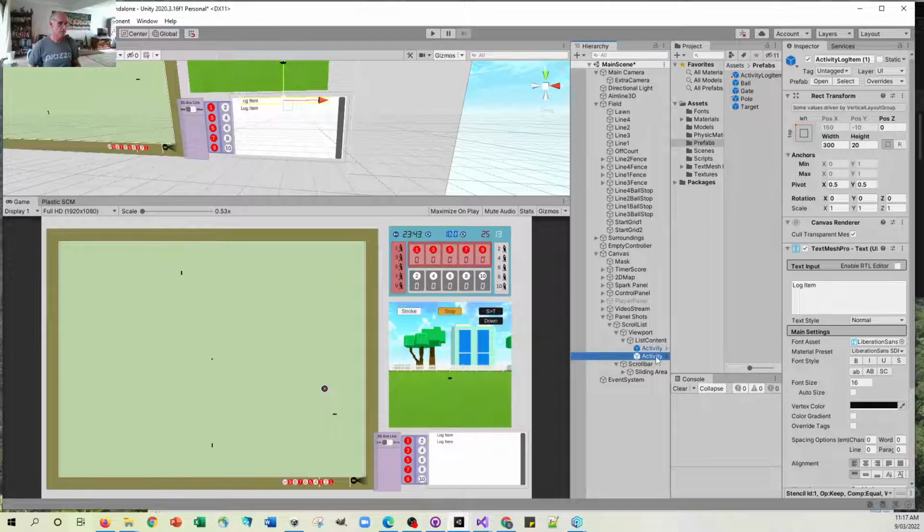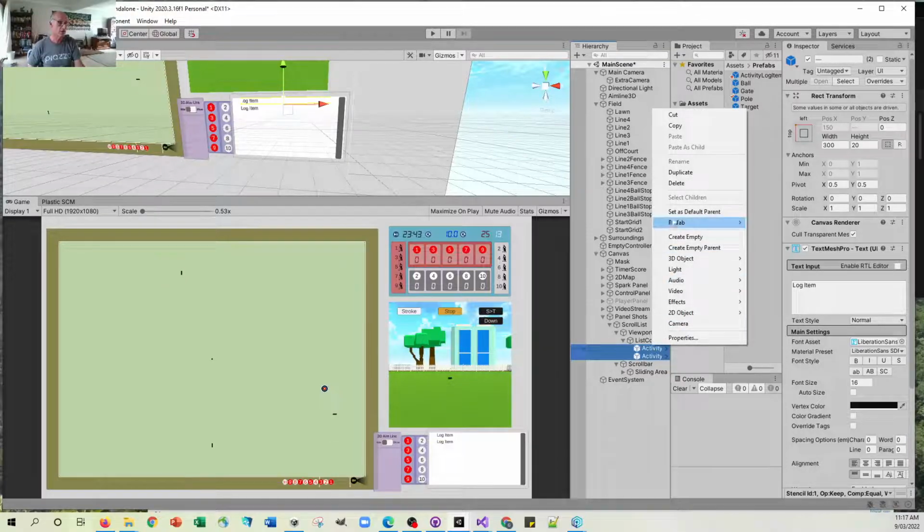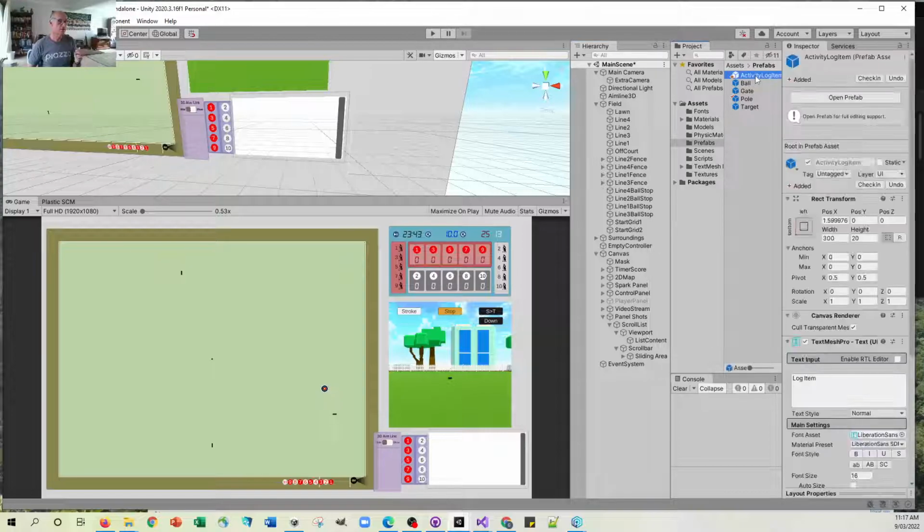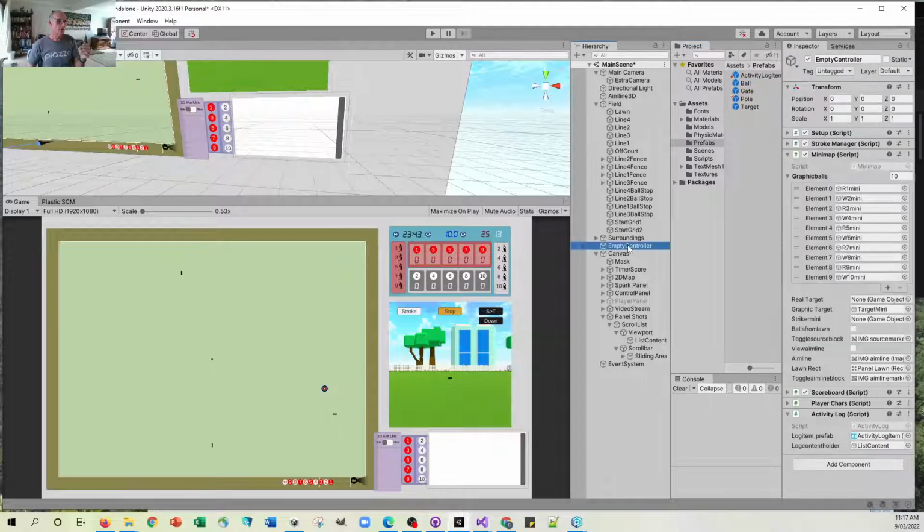So we'll just get rid of these for the time being, because we're going to actually generate those every time there's an event happening. So whenever an event happens, like a ball collision or a ball crosses the line, what we want to do is generate a new instance of the activity log item in the list content of this viewport. So we're going to do that